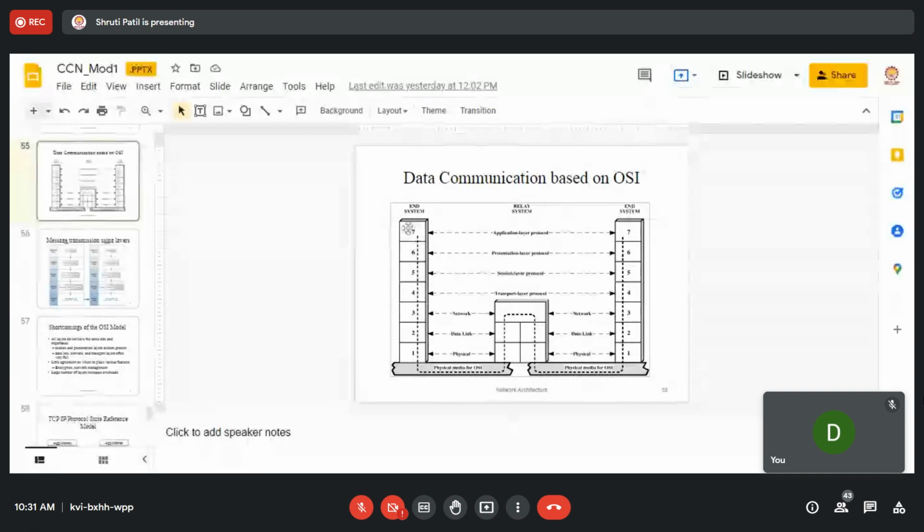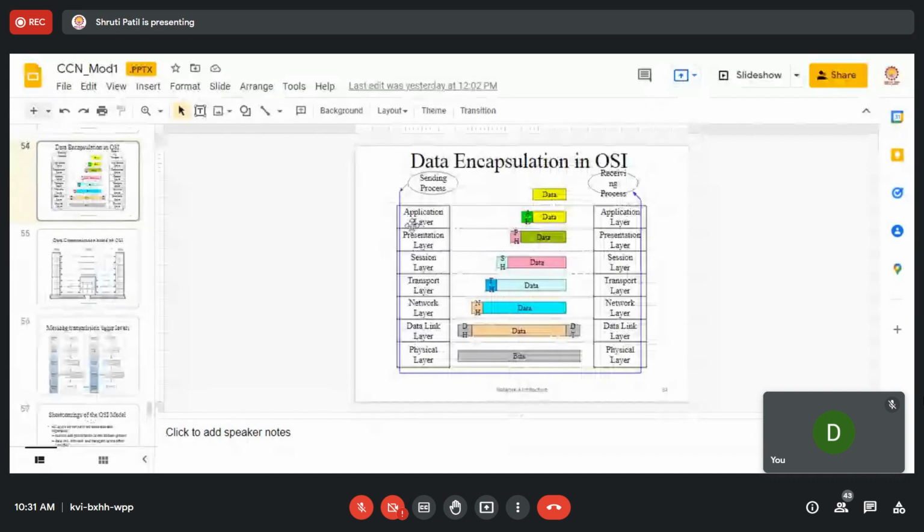This is a transmitter, which has a sending process, and this is a receiver, which has a receiving process. Now, what is the function of the application layer?